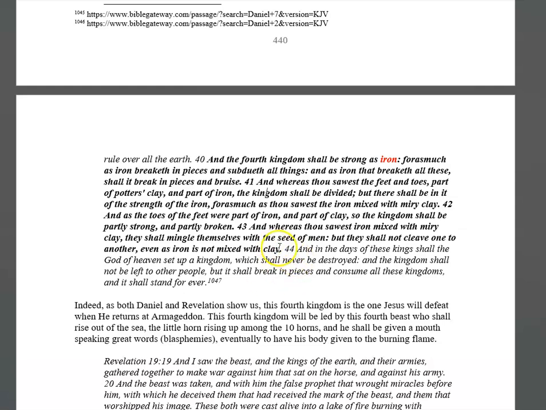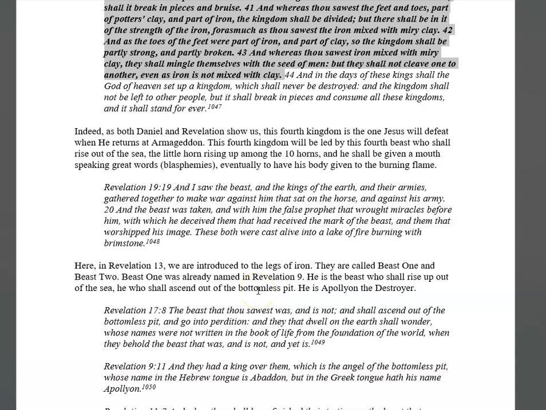So again, the Revelation 13 kingdom, the fourth one, there is no fifth described. It is a fourth kingdom. And this is all in bolded text, and that is the one that will exist when Jesus returns to defeat it and to establish his own kingdom as a replacement. Indeed, as both Daniel and Revelation show us, this fourth kingdom is the one that Jesus will defeat when he returns at Armageddon. This fourth kingdom will be led by this fourth beast who shall rise out of the sea,